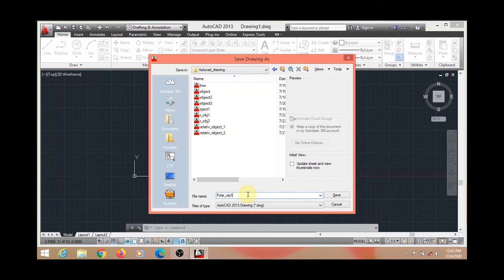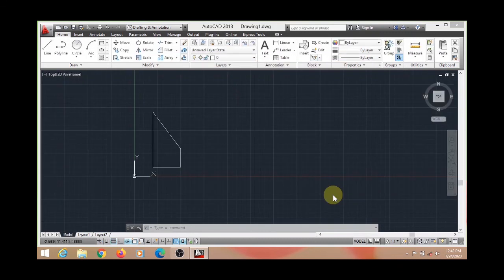I have provided name as polar underscore object 1 to this drawing and press save button. So this drawing will be saved into the drive of your computer. So this is how you can draw the object in the AutoCAD by using the polar coordinate system.